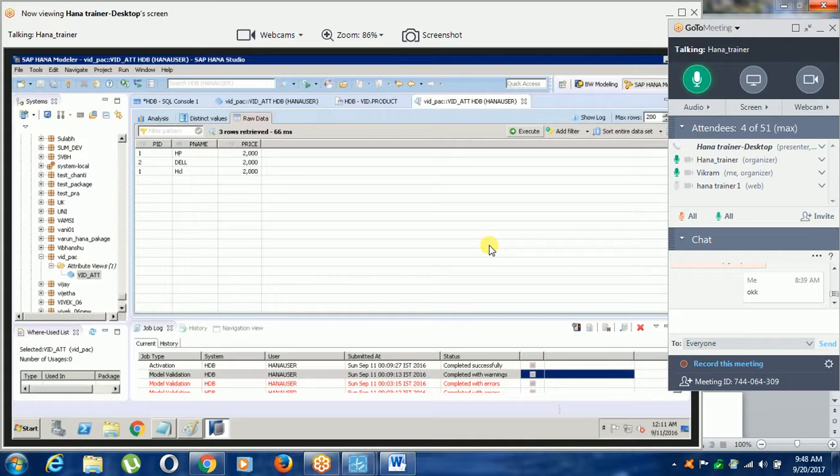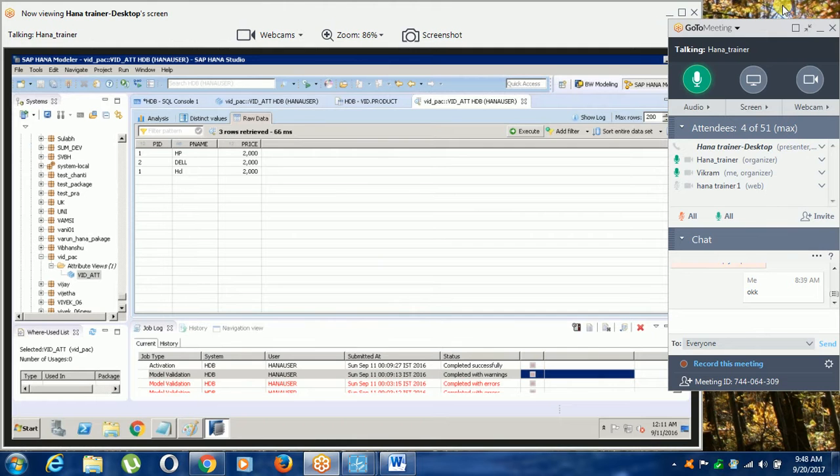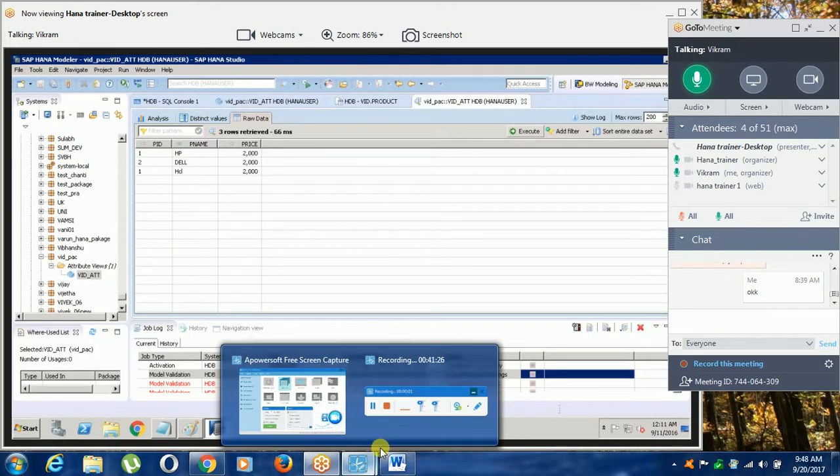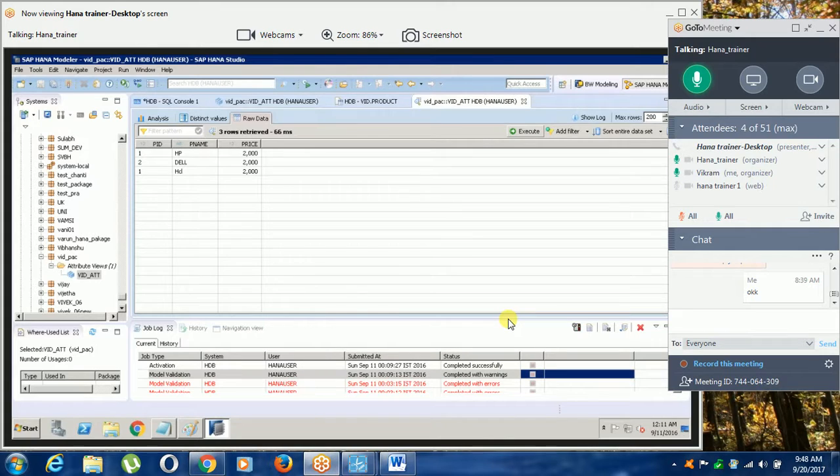analytical view. So these attribute views will be used in the analytical view. We create attribute views because of analytical views. That is the only use of this.